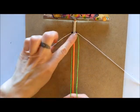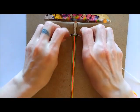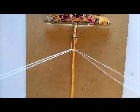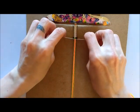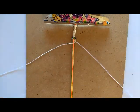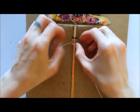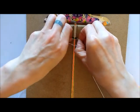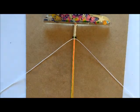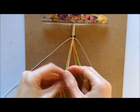And then you want to take the colour that you've just worked in the centre and clip it back with the other cords. And then you want to take your outside colour again and then do a square knot over all your cords like you did there. Sometimes you do need to adjust it a little bit as you're doing it, just to make sure it's nice and secure. And then you want to take your next colour, so you can pick whichever colour you want, and